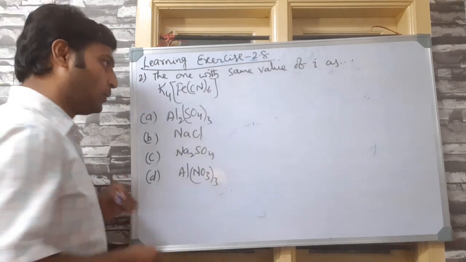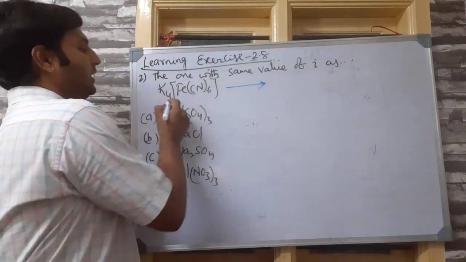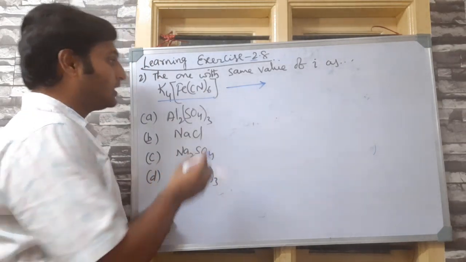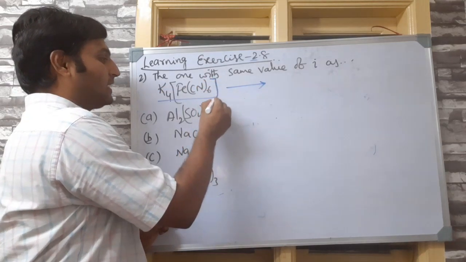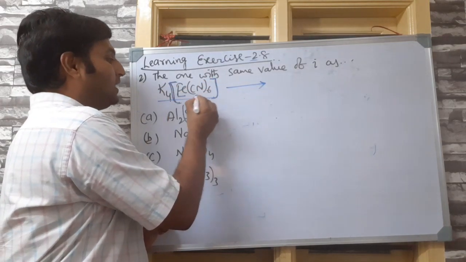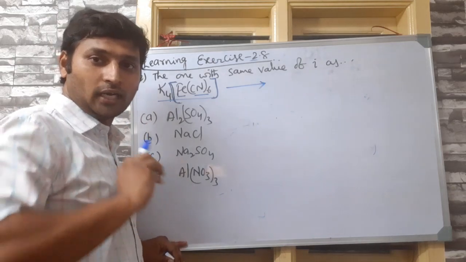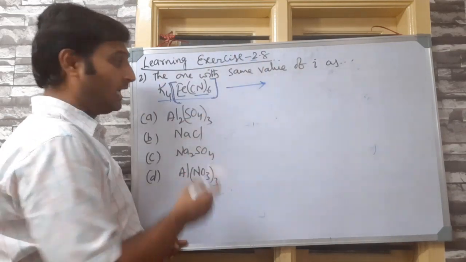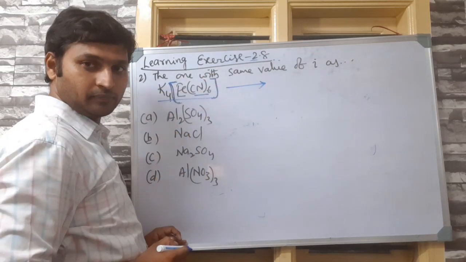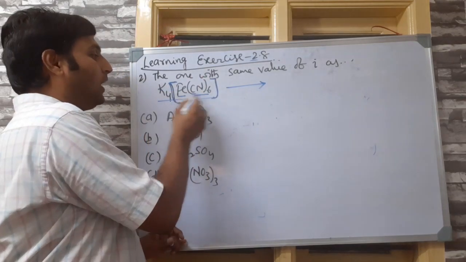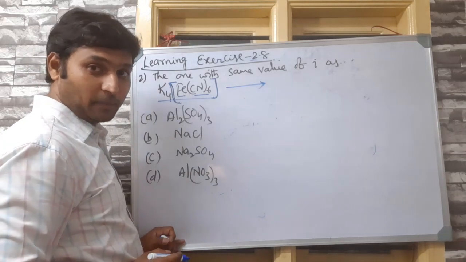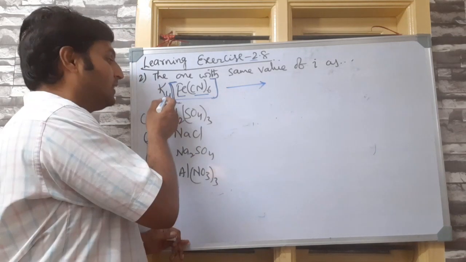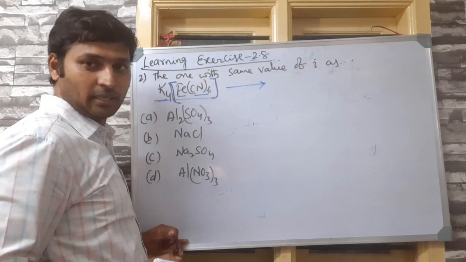Correct? Now, these coordination compounds or complex compounds are compounds in which one of the ions is a complex ion. That means the species present inside the complex ion do not ionize separately. The whole complex ion ionizes independently. That's why it is kept in a square bracket. What is in the square bracket is called the coordination sphere. What is outside the square bracket is called the ionization sphere, which means this undergoes ionization separately.